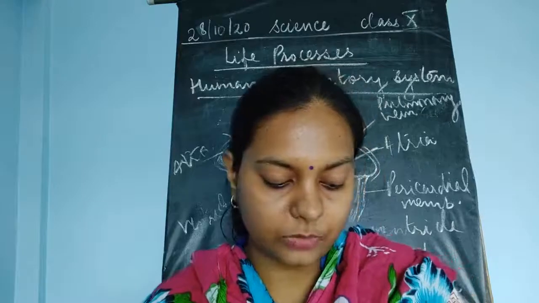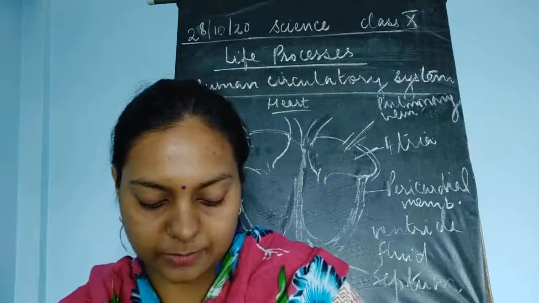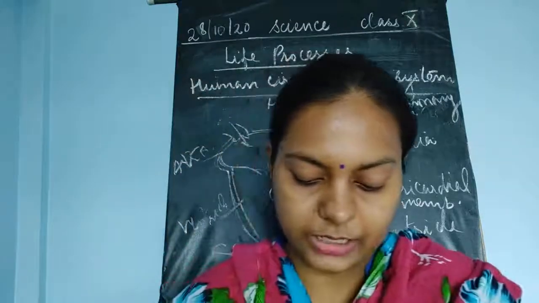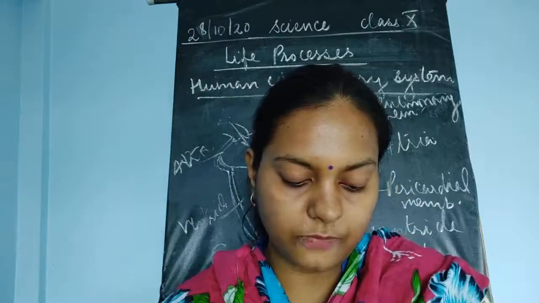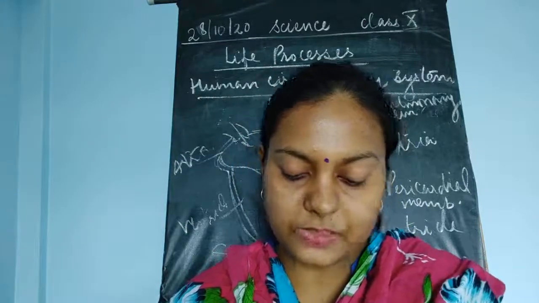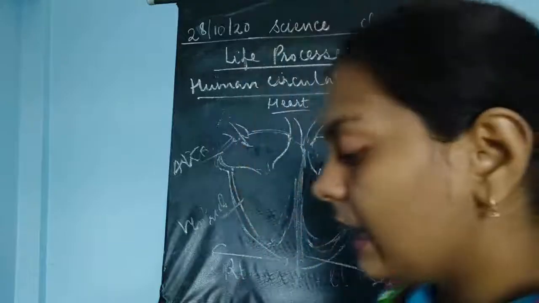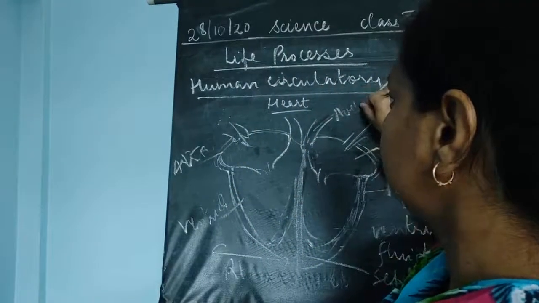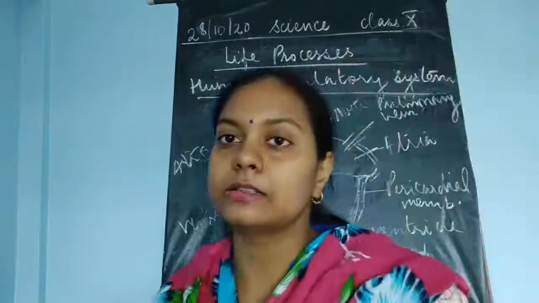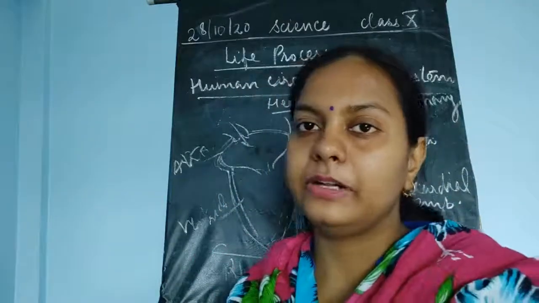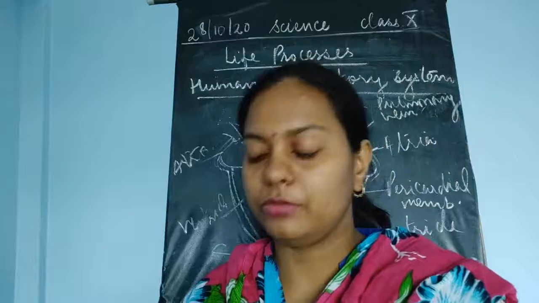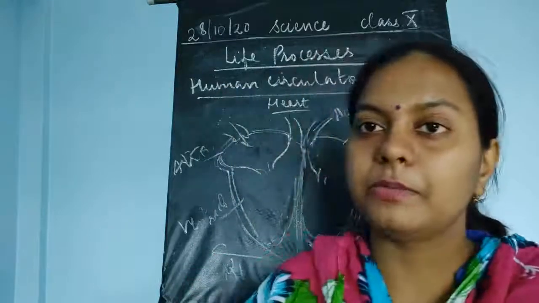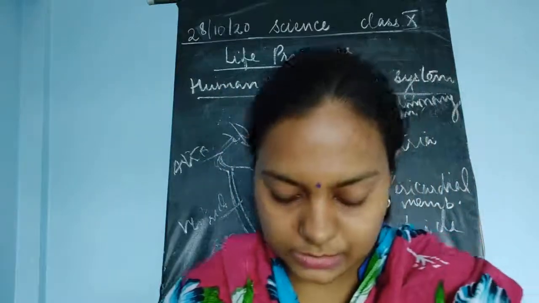Arteries are the thick walled blood vessels which carry blood from the heart to all the parts of the body. Arteries are found in the whole of our body, and the main artery is called the aorta. These are the largest blood vessels, with a thick diameter. They are known as the aorta. Please remember the names.